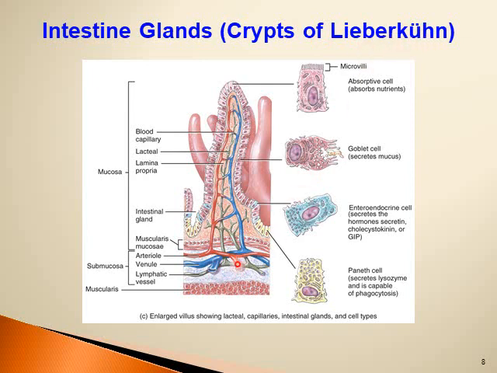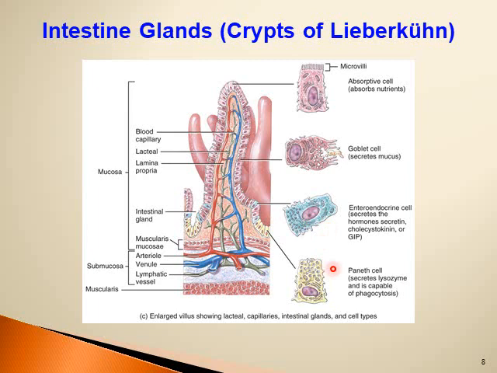The villi are covered by the absorptive cells that absorb nutrients, and the apical membrane is projected in small finger-like projections. We call them the microvilli. Between the absorptive cells we can see the goblet cells that secrete mucus, which act as a lubricant and as a physical barrier. In the intestinal gland, or in the crevices of the crypts of Lieberkühn, we can find other